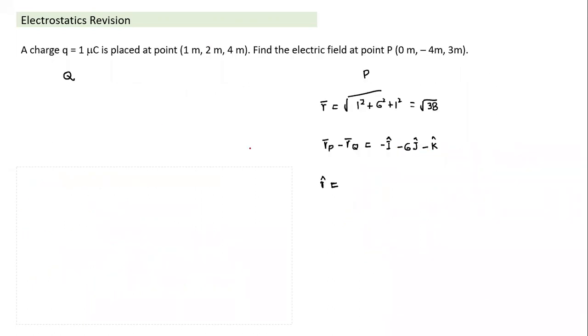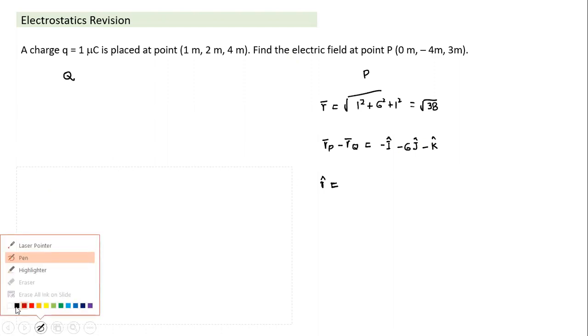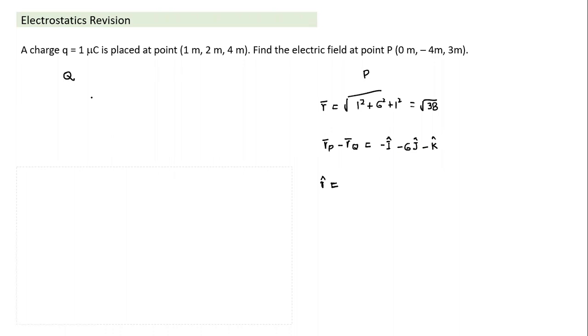Okay, next one. A charge Q is placed at this point. Find the electric field at a particular point. How do you find the electric field in vector form? So let's do one question so that we are clear about such calculation. If it has come in vector form, again to repeat something similar to what I mentioned in the case of force, just imagine